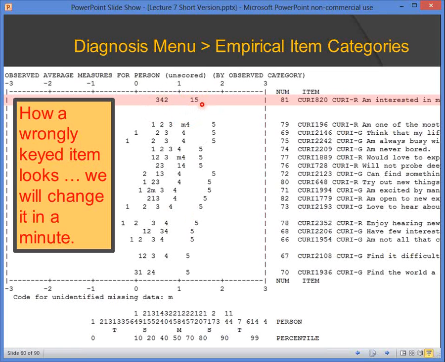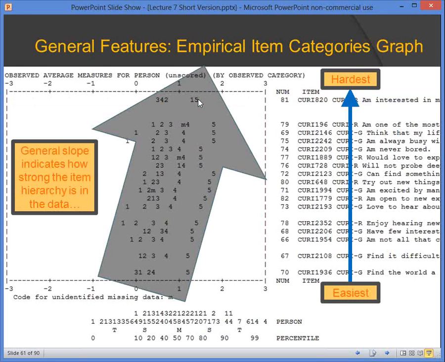And that's completely bad, because what it means is that the strongly agree and the strongly disagree, the 1 and the 5, well, they're right next together here, and that shouldn't be the case. They should be at opposite ends, right? So this is how an item that's wrongly keyed will look on the empirical item categories table, and obviously we want to fix that